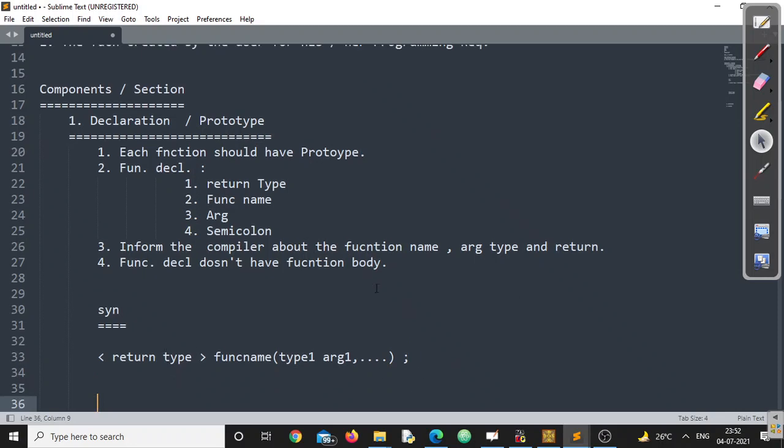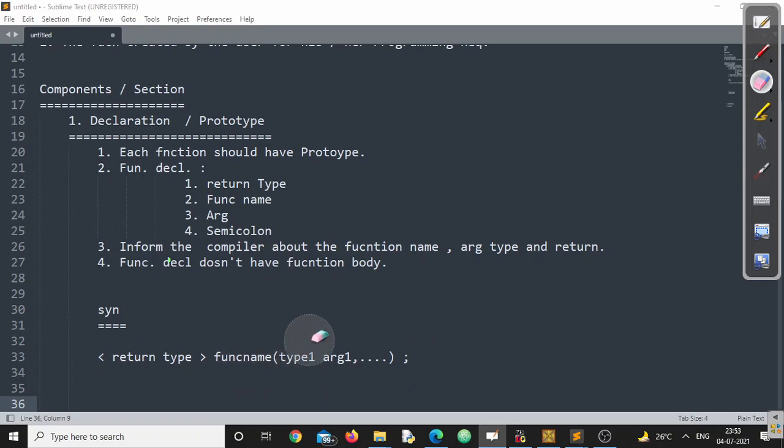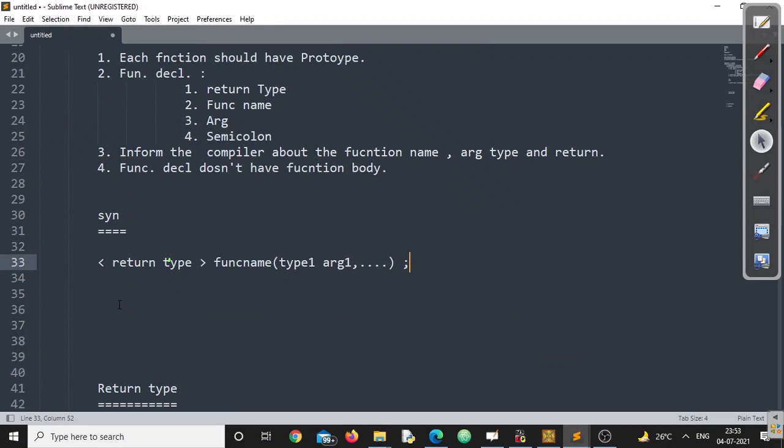See what we have done here. First we have written the return type, second the function name, third the arguments, and the fourth the semicolon. And this is called a function declaration or function prototype, right? Or you can say this is a function header, but function header is basically what we call it at the time of function definition, not exactly here. So this is the syntax of declaration of a function. We'll understand each part very thoroughly.